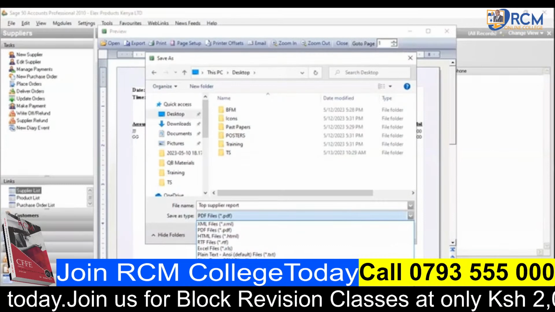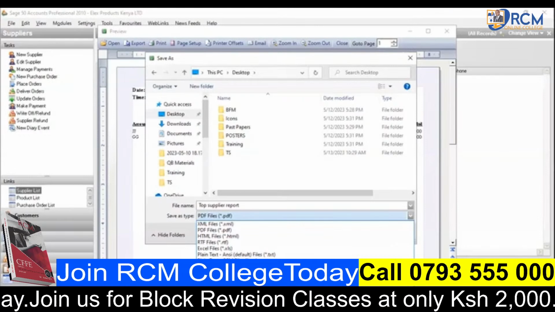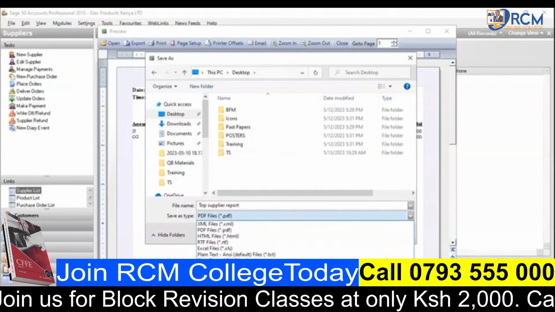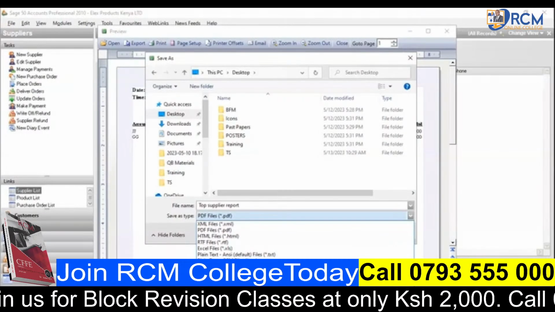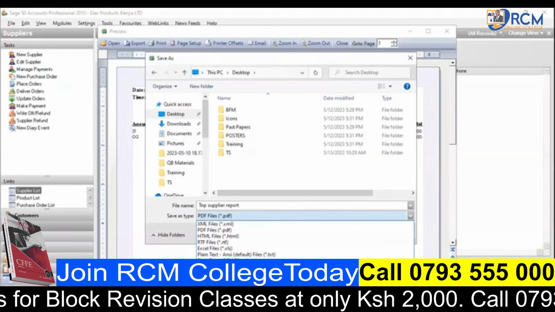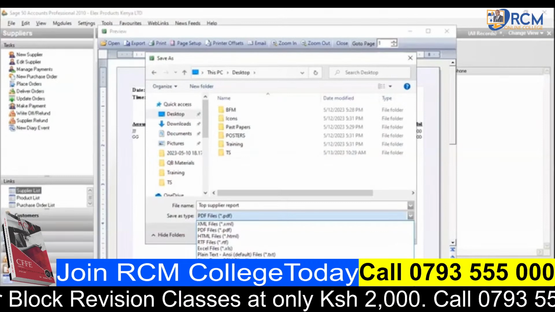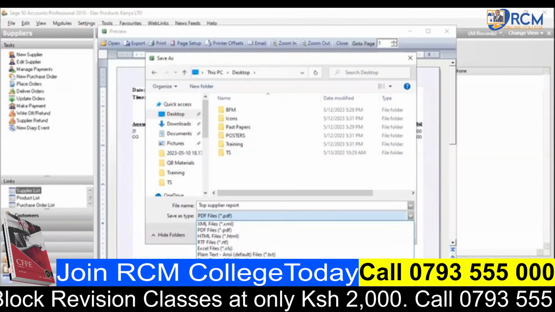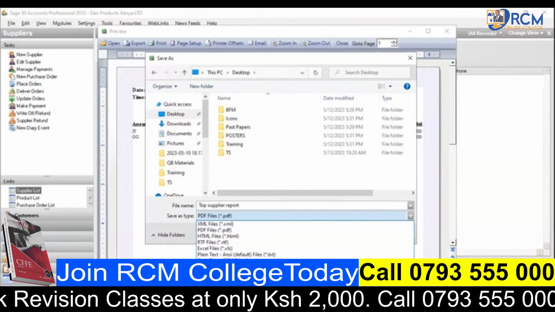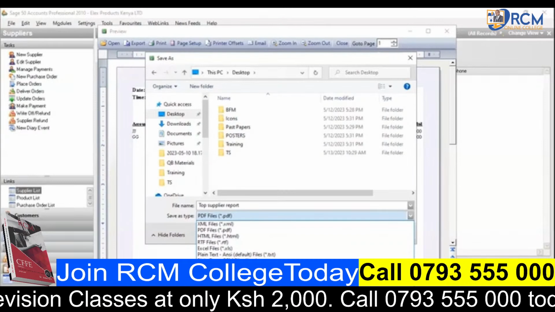There is something here with CSV files that I need to mention. If you have an online banking platform, you always need to load transactions in your online banking platform. If you have a bank which accepts bulk upload of transactions, I know I&M doesn't. I know NCBA Bank allows for a bulk upload